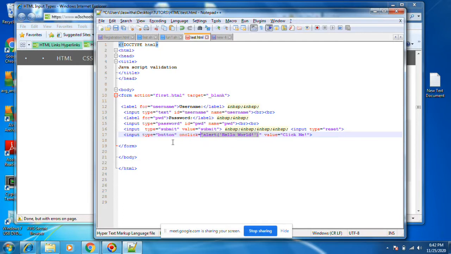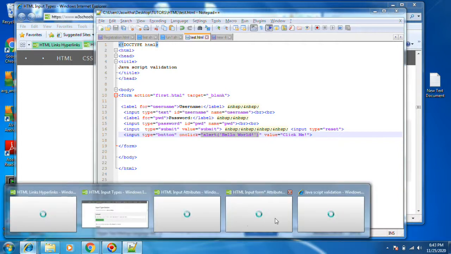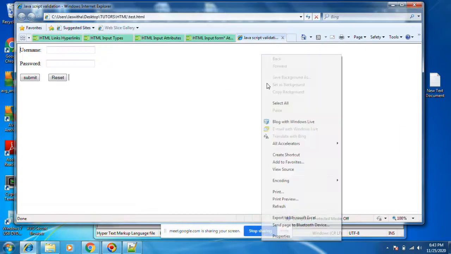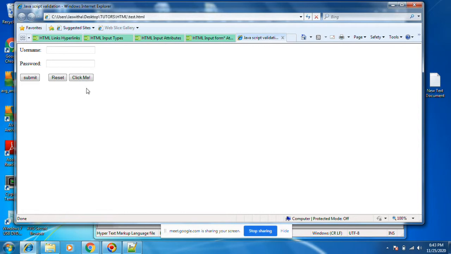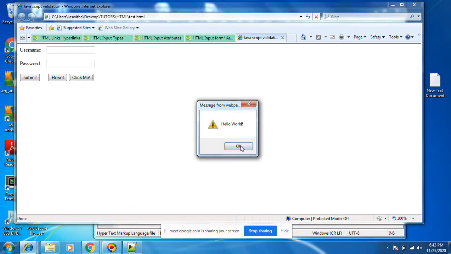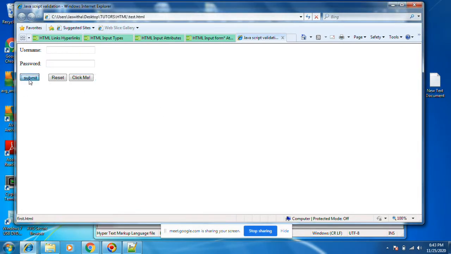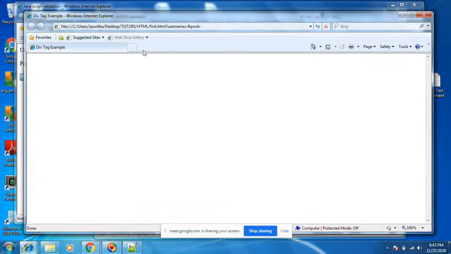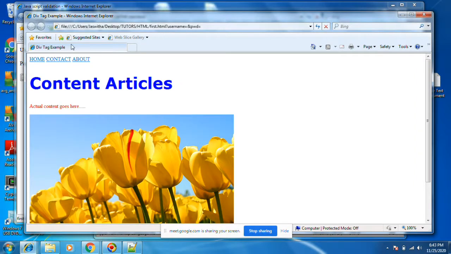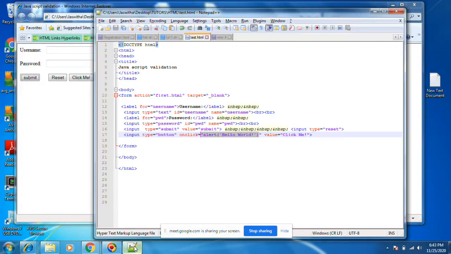Just a message box will come and show something. Refresh. Just click me. It will not perform the action. If you do submit, whatever first.html is in the form will get executed.